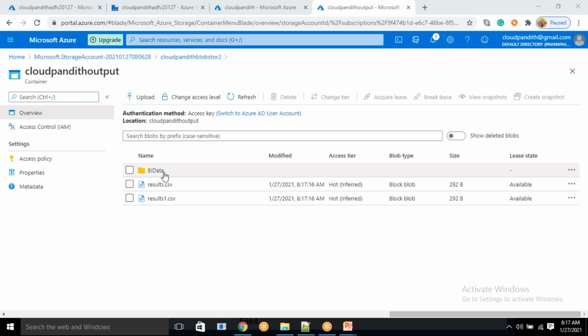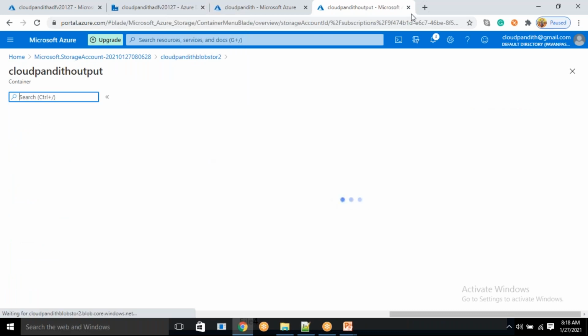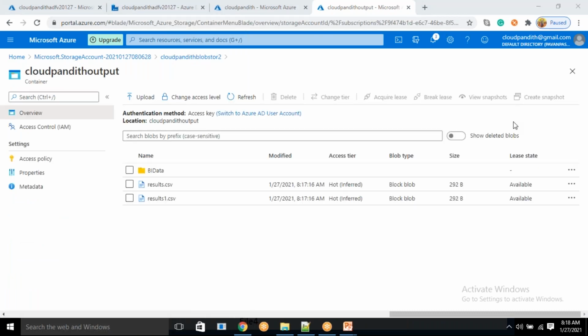Okay, now let's do one thing. Malaya, you have a doubt. Tell me. Earlier we were creating only one storage account for both input and output, but now we have created two storage accounts, one for input and one for output. What is the difference between these two? Nothing, just to show you that you can store data in the same storage or in different storage. There is no difference, only that you are loading into a different storage. That's all. If you are going to the same storage, you use a single linked service itself.